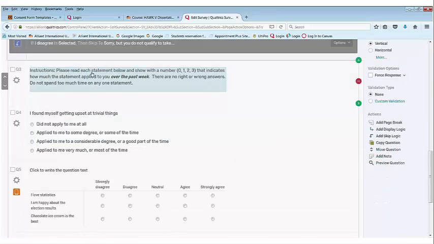So now these are instructions. In the survey you could list the questions below. Blah blah blah. And again, if you want to rearrange the order of the questions, you hit this little elevator. Now, what's going to happen is,